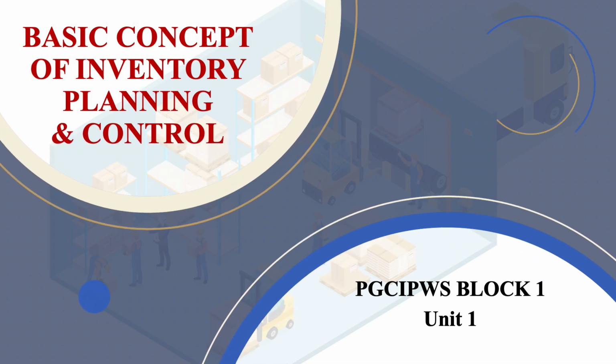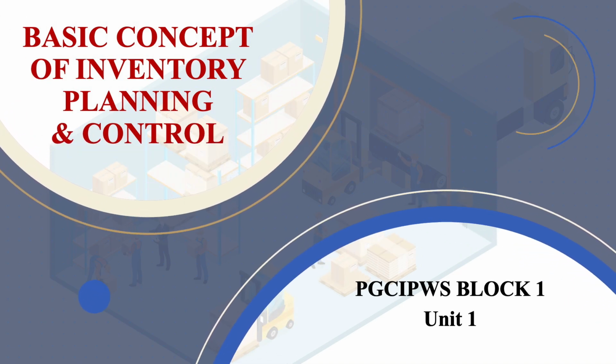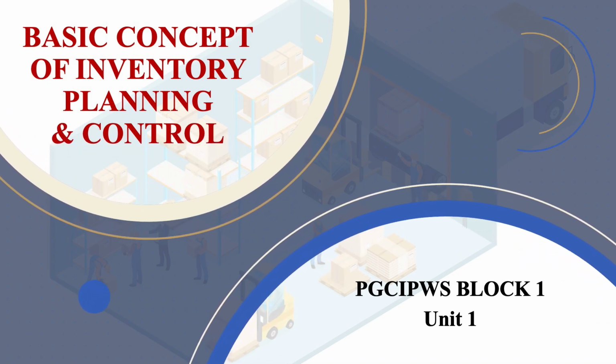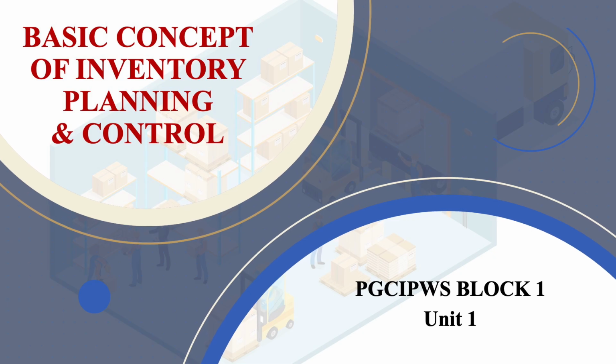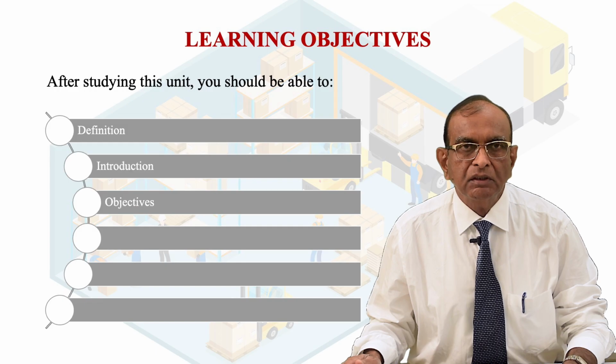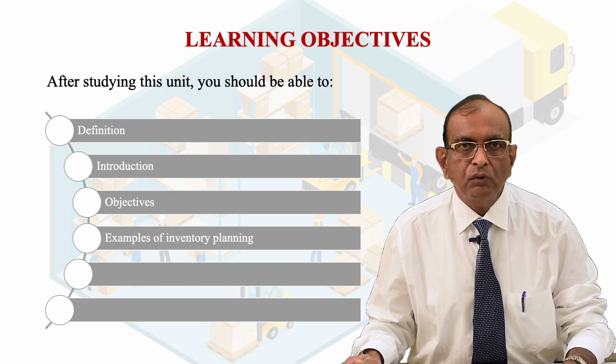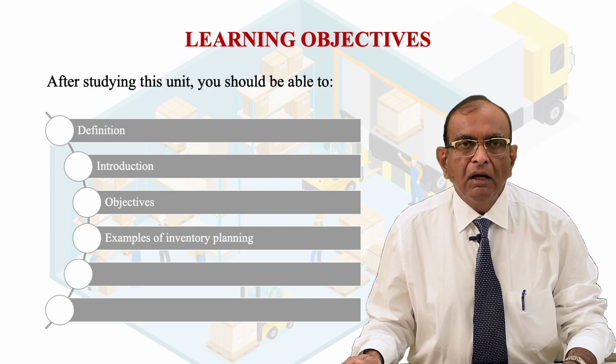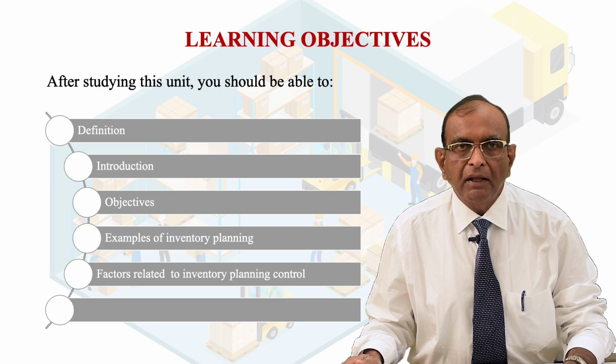So we start with PPT 1, to have a basic concept of inventory planning and control, how it functions, and what the factors responsible for that are. This is the learning objective of this one. In this PPT we are covering the definition, introduction, objectives, examples of inventory planning, factors related to inventory planning